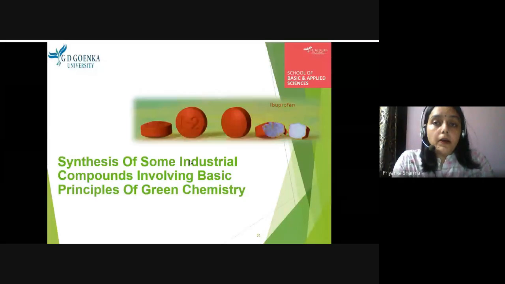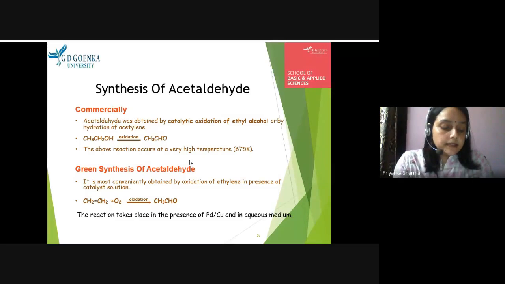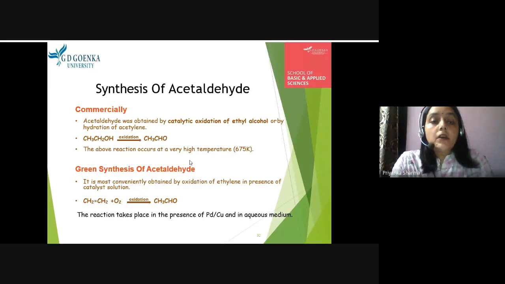Now we'll talk about how these basic principles of green chemistry can be used for the chemical transformation of some industrially important compounds. So this was the synthesis of acetaldehyde. Initially, acetaldehyde was synthesized from the alcohol, ethanol, and when the oxidation was carried out, a high temperature was required,